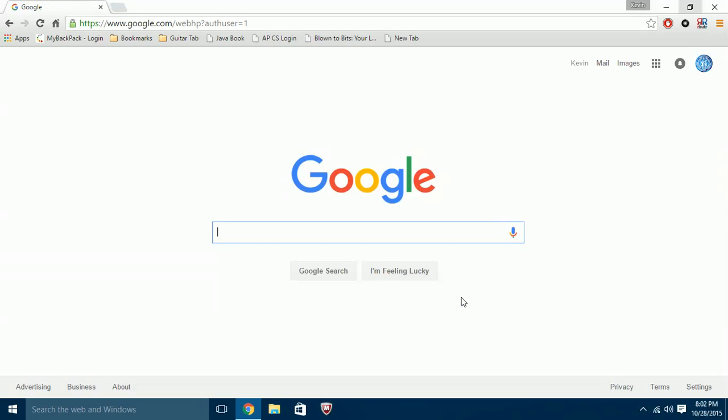Okay, so we are going to download the Netbeans IDE and also the Java Development Kit, which is going to allow you to program from home. So I'm doing this on a Windows 10 computer that doesn't have anything installed yet, but it's basically the same thing for Mac. So the first thing we're going to do is Google Java,